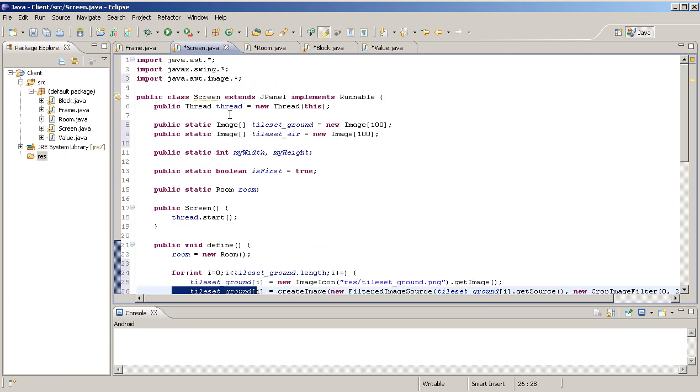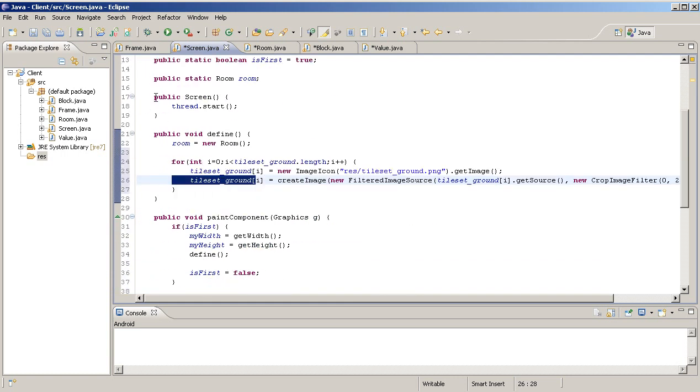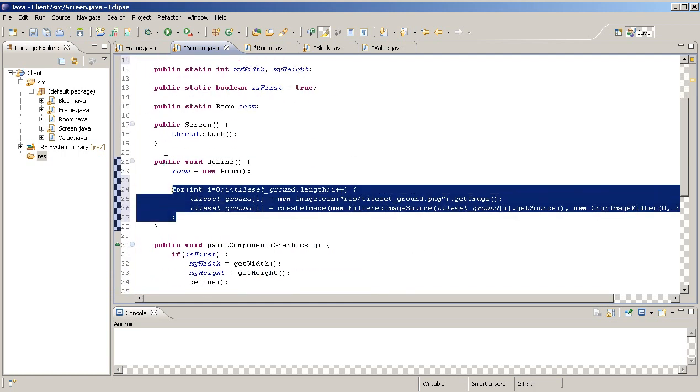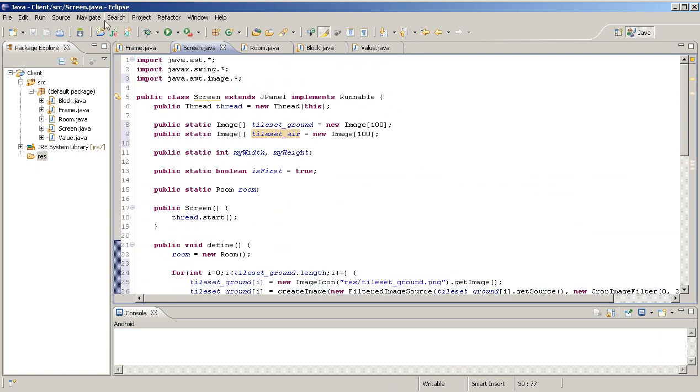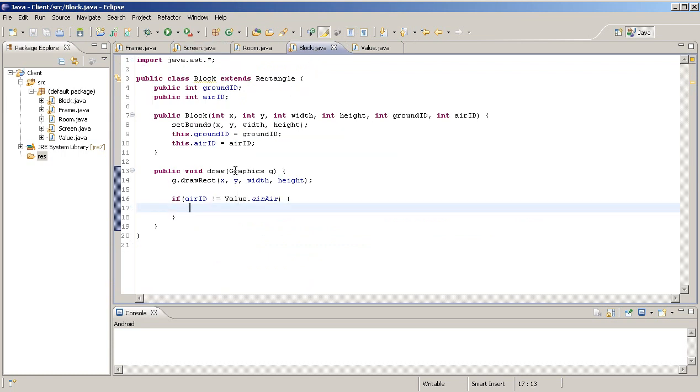Now, what do we want to do next? I have no idea. But what we want to do next is probably the same thing but with the other one, the tileset air. Now I want to do a new for loop for this, if we want to change the length of only this and not the ground one. So we got the tileset air, same thing here, and now everything is working. Alright. So now from the block, we basically want to draw the respective